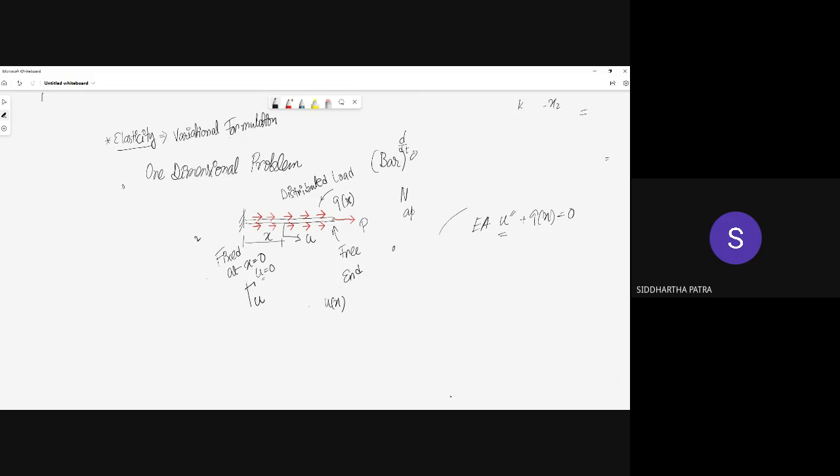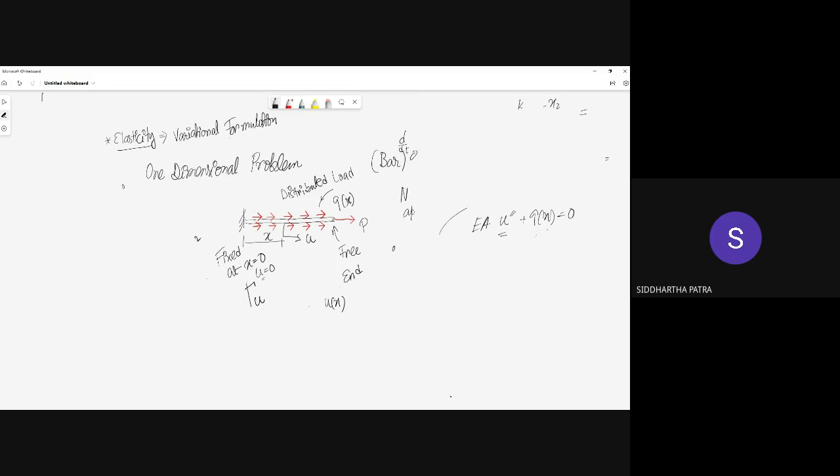But can you make a generalized solution? That's the goal. Can you make a generalized solution for any arbitrary function q, not going for an indefinite integral? Imagine this q of x could be a constant. It could be any arbitrary function as well. It could be a sine hyperbolic function also, and maybe even more complicated functions. So we want to have a generalized formulation for any arbitrary form of q.